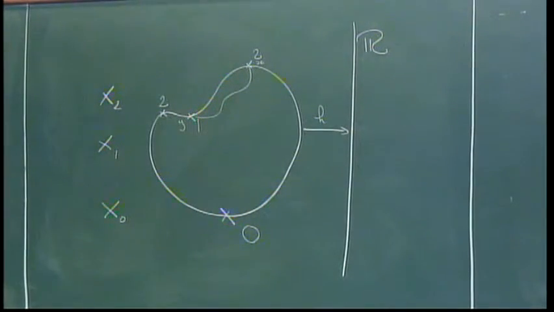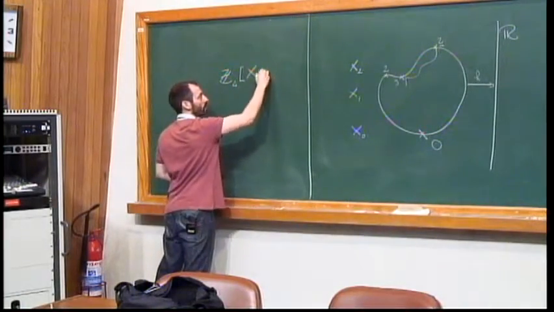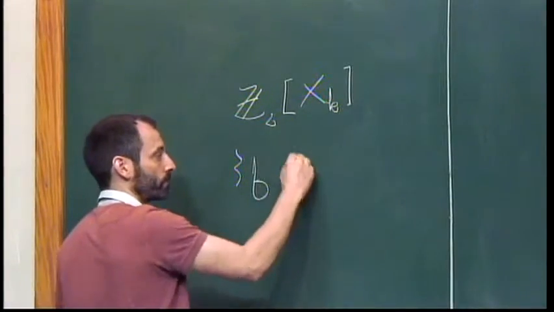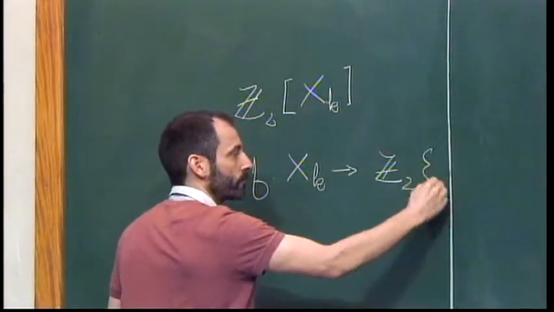So, for each k, we use these Xk's to define vector spaces. They are quite simply the set of functions from Xk into Z, if you want to do Z-based homology, or in the simpler case that we're studying here, the set of functions from Xk into Z2. Most people use the algebraic notation, where you write Z2 Xk, but it's actually the same as the set of functions f which send Xk into Z2. I like to use this, it is more concise.